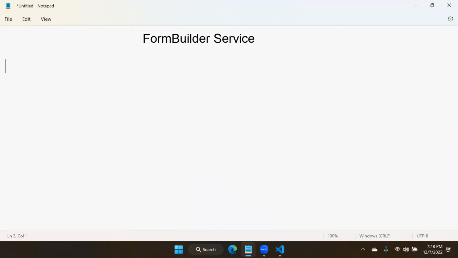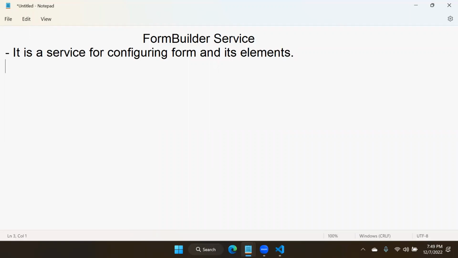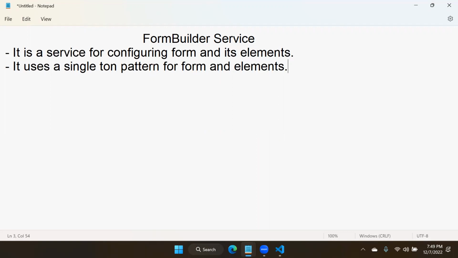Actually, what is form builder? As I already told you, it is a service for configuring form and its elements. Service means it uses a singleton pattern for form and elements. So form builder, you can say it comprises